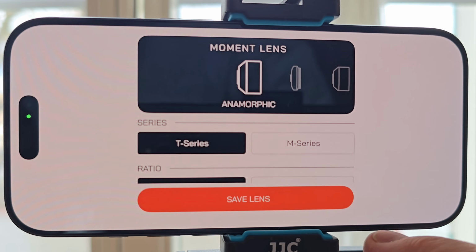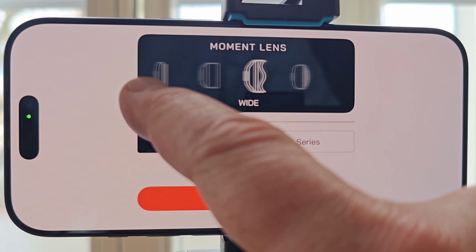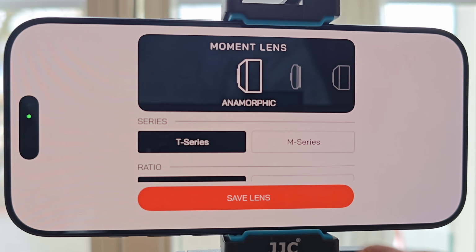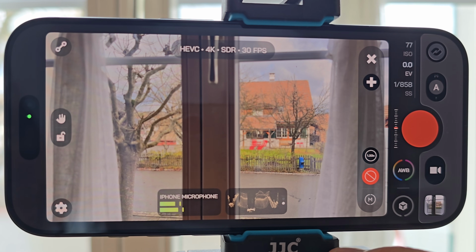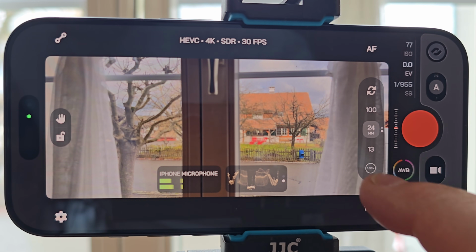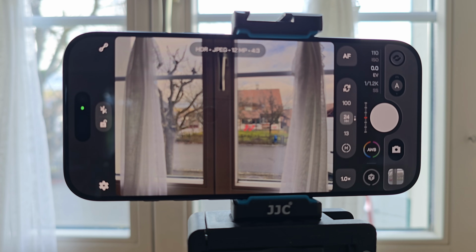Because it's made by Moment, you also get full support for all their conversion lenses. So if you've got Moment lenses, the app is going to help you squeeze or de-squeeze the most out of them. So let's go through these controls. Now, I'm using an iPhone 17 Pro, but if you have an earlier model, you will most likely have less